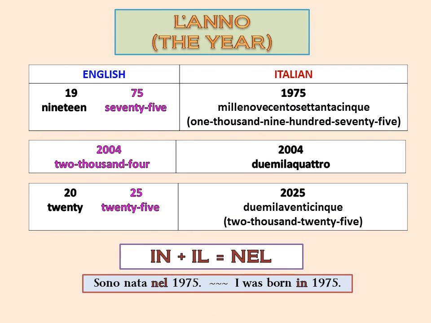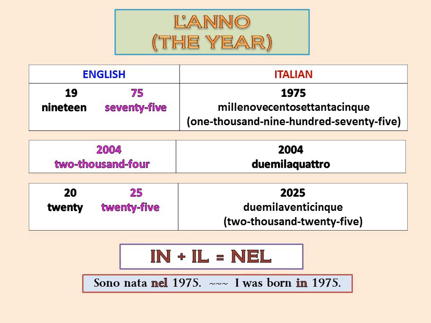L'anno, the year. Before the advent of the new millennium, English speakers and Italian speakers expressed the year differently. English speakers would give a year as two numbers, 1975. Italians, on the other hand, would say the year as one number, 1975. After 1999, English speakers and Italian speakers began saying the year the same way, as one number, 2004,